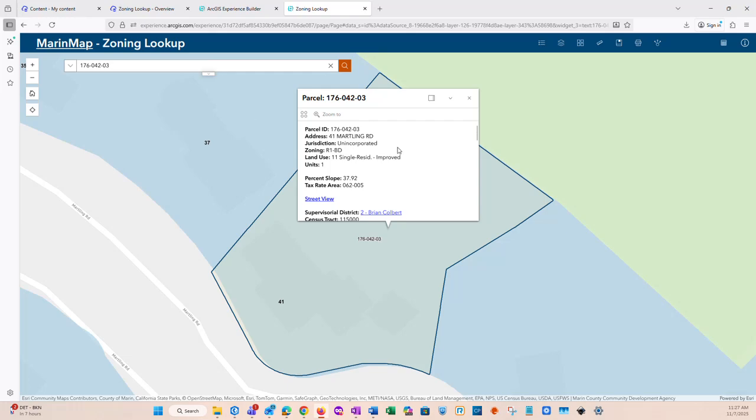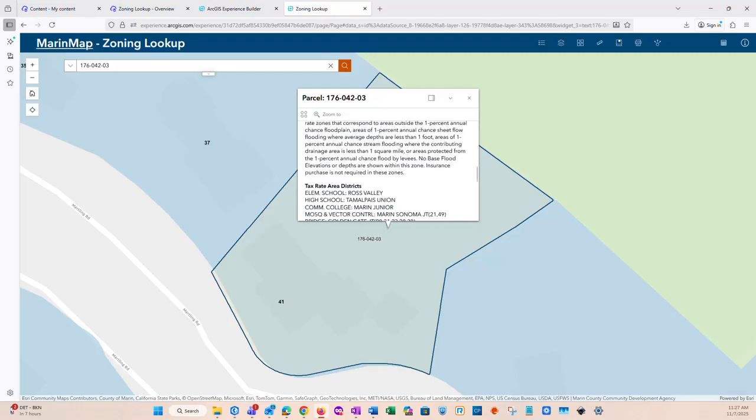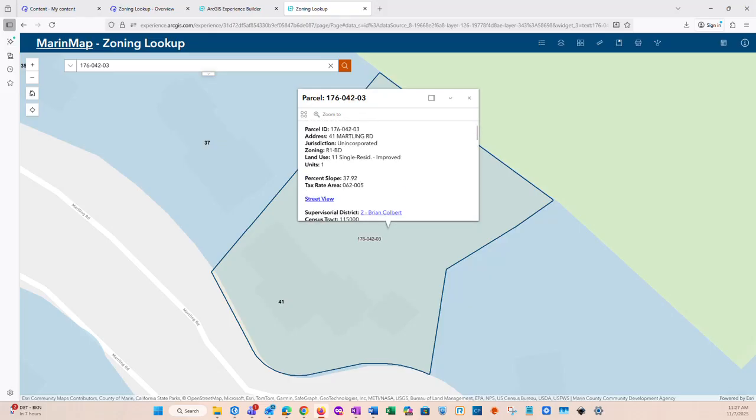So by default, that pop-up opens at the center of the application here, and you can use your mouse wheel to scroll down and look at what that pop-up has for information. There's quite a bit of information. The zoning land use information is right at the very top with the parcel ID and address and jurisdiction information, but there is some secondary information that is tied to other things such as supervisorial district, census tract, and a lot of other different zones that that parcel might lie within, and just a lot of information about that area